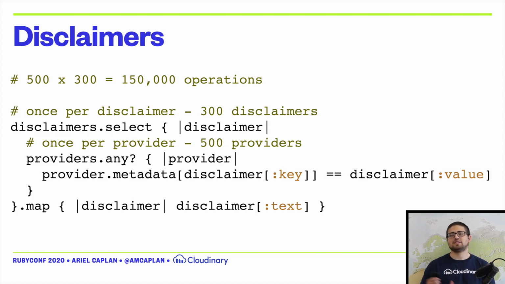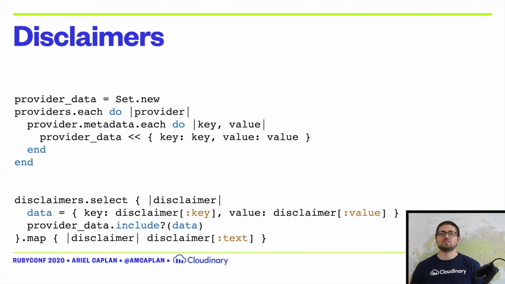What I suggested was let's switch it over to something like this. So we create a set of provider data. And for each key value pair in the provider metadata, we're just going to add on a new hash which has the key and value in that provider data. And of course, if multiple providers have the same key value pairs, that's great. The set will only add one of that key and value, regardless of how many times you add it into the set. Then we're going to iterate once over all the disclaimers, and for each disclaimer, okay,